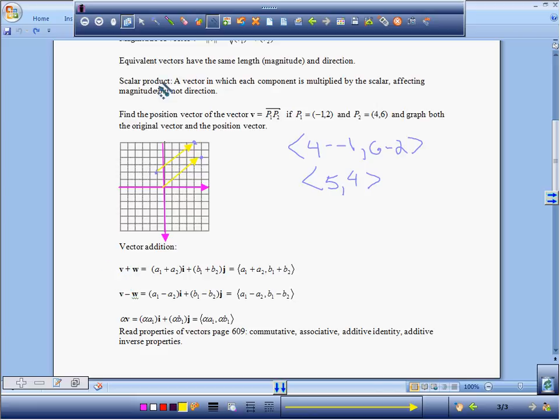And how do you add and subtract vectors? You add and subtract their x's and their y's. So this is saying like,